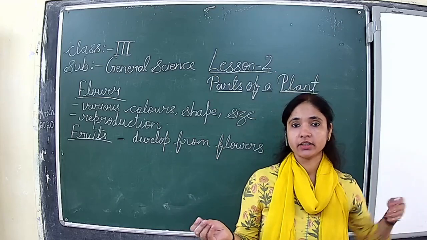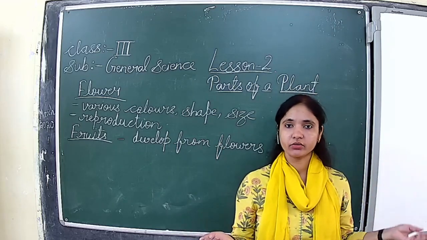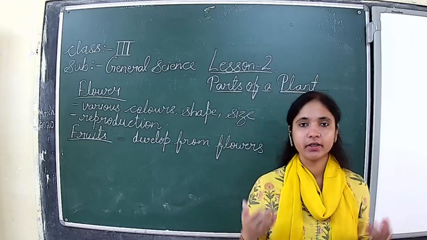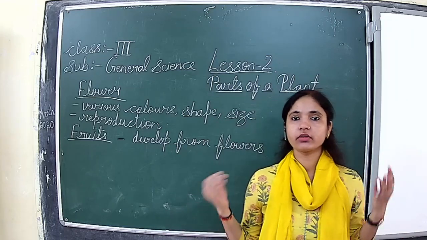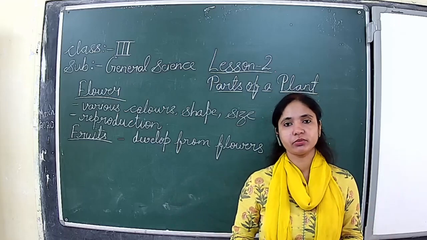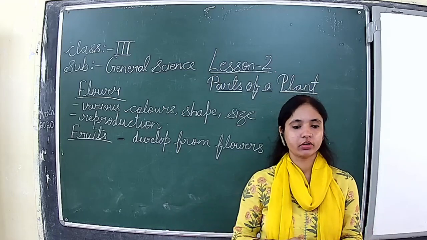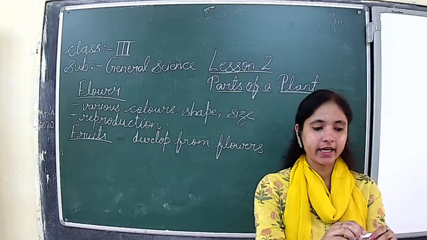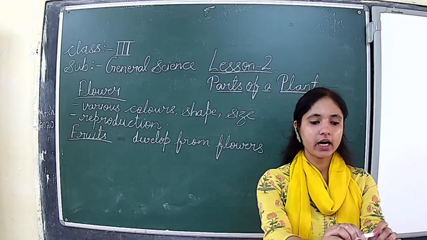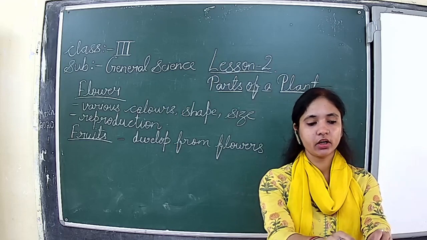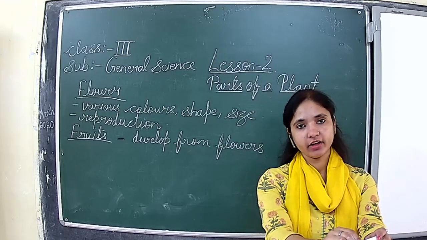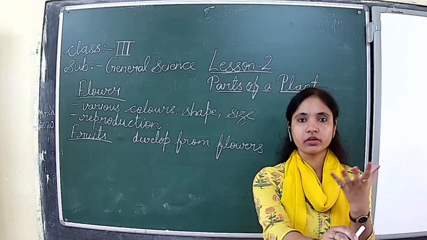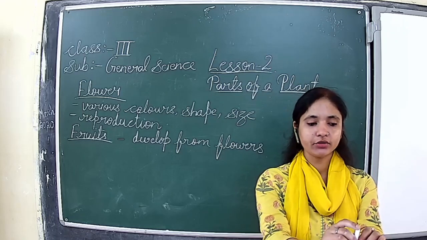Cashew nut and all this will come in the dry fruit, no? And mango, pineapple, banana, these kinds of juicy and fleshy fruits will come in the fleshy fruit group. Mango, banana, papaya, apple, oranges, guava are some examples of fleshy fruits. They are called fleshy fruits because they have a very large mass of flesh and juice.